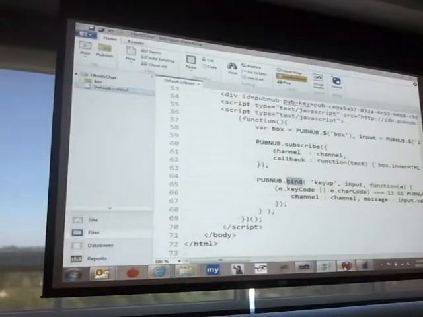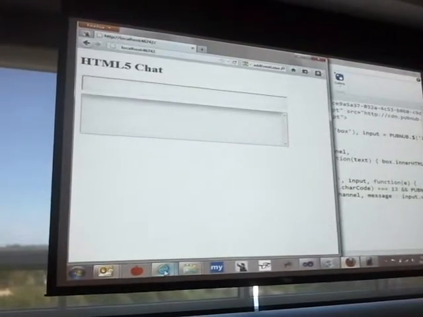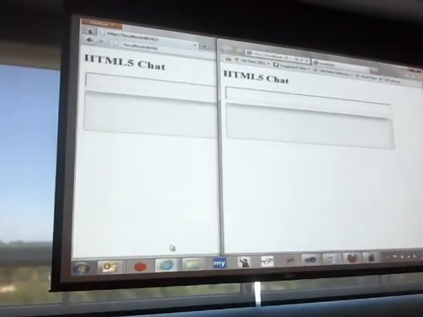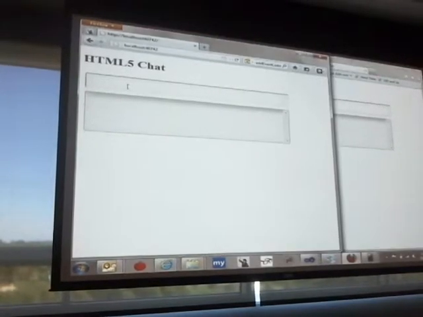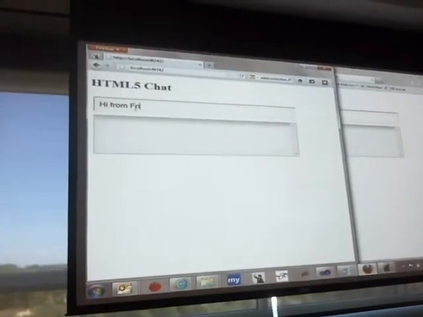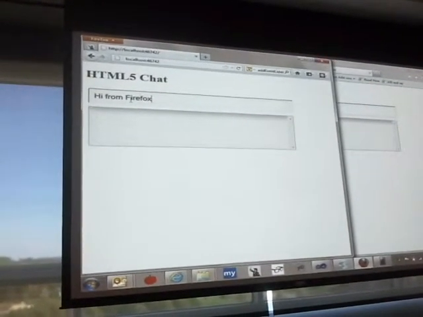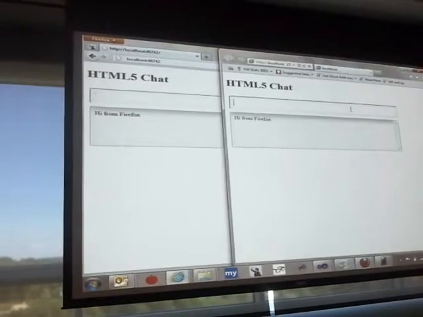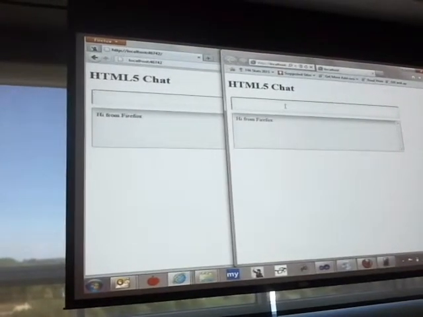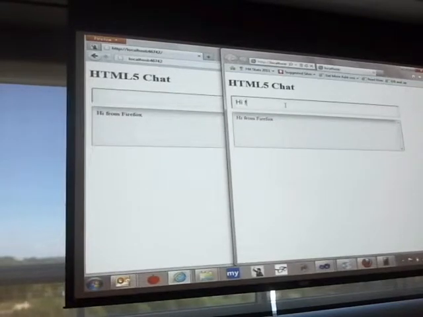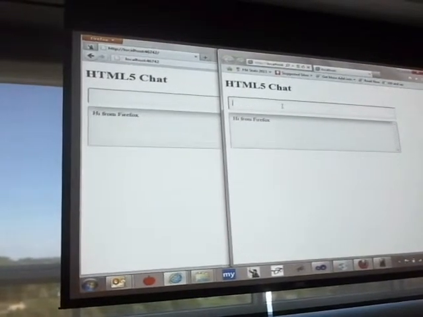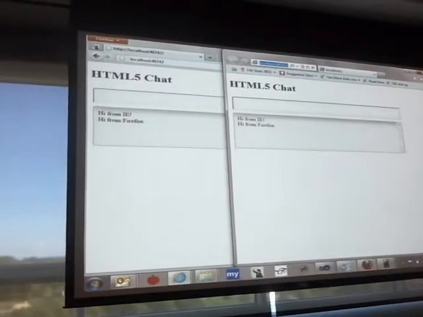If we take a look at the web end of this, I've got it running in both Firefox and IE. So if I say hi from Firefox, it's going to go out to the cloud and send it to my other client and say hi from IE. And then in PhoneGap,